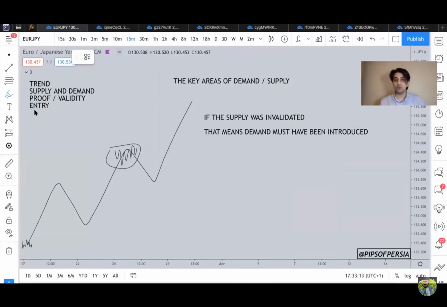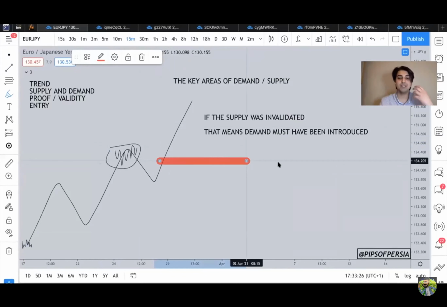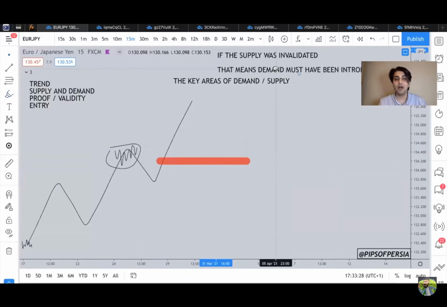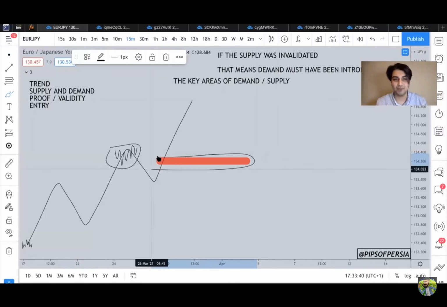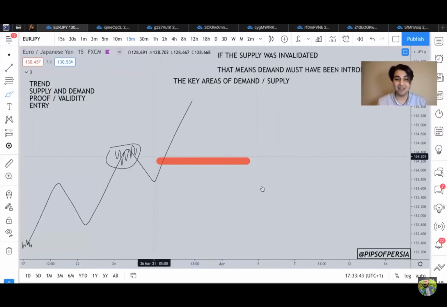You can find your institutional candles, your areas of inefficiency or imbalance. You can start to look at your reaccumulations on the lower time frames, whatever it may be. And once I managed to put my finger on those, once I managed to identify the areas that were in a way sponsoring a specific move, I would want to wait for something called proof of validity, right? This is not really called proof of validity. I'm just waiting for a proof, really. So if I've identified a newfound area of demand, and I'm going to show examples for all of these, by the way,